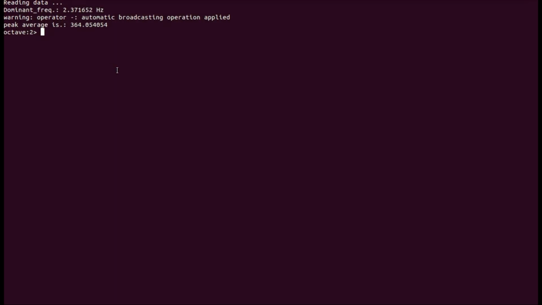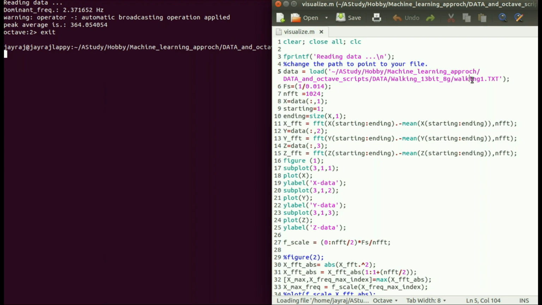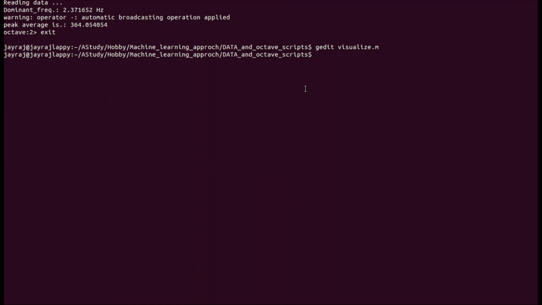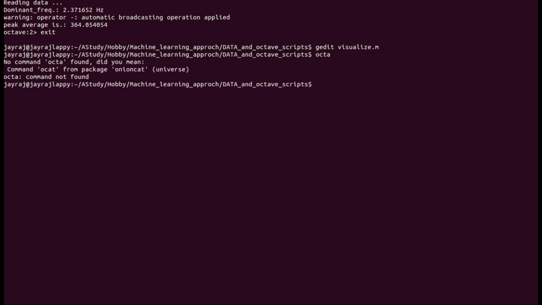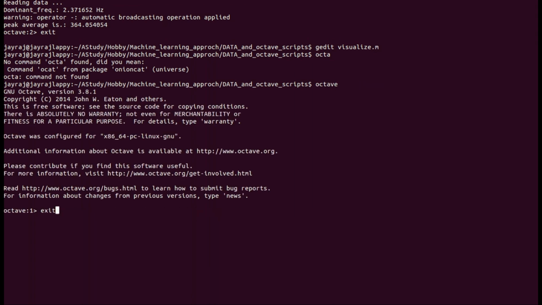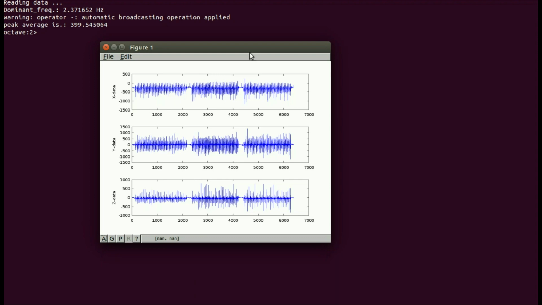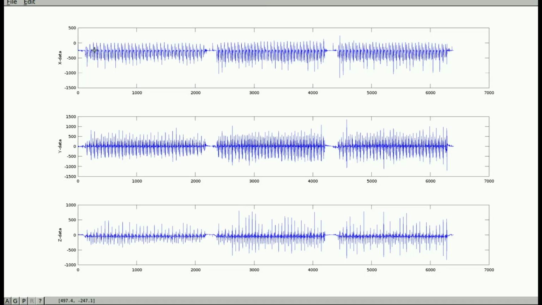So if we can look at and get a bit more generalization, let's look at another file with the walking name, walking 2. So if you can look at that, I'll do Octave again, visualize. Okay, so here also you see the peaks are not of the values of thousands or 2000 as is the case with the running. Here you can see peaks are smaller and this is the longer data, but the frequency is considerably lower.